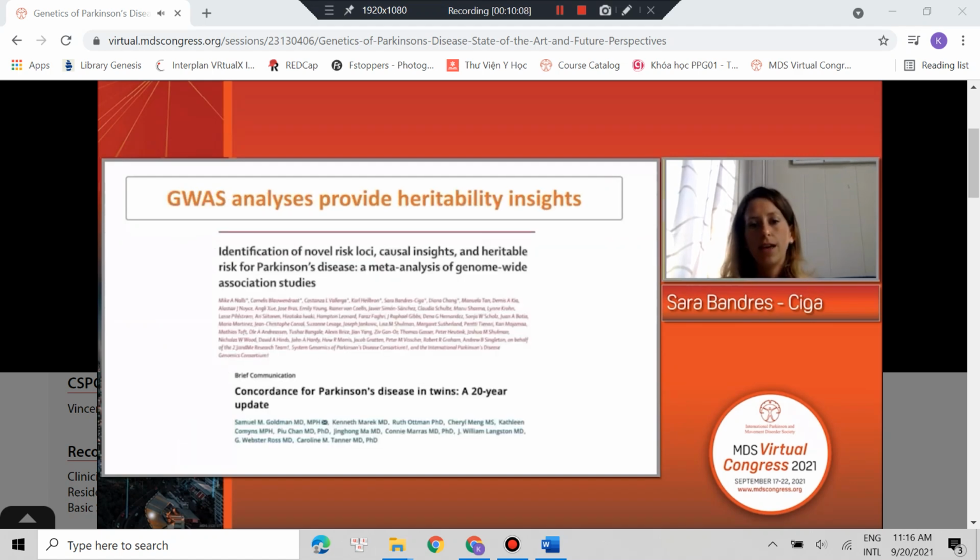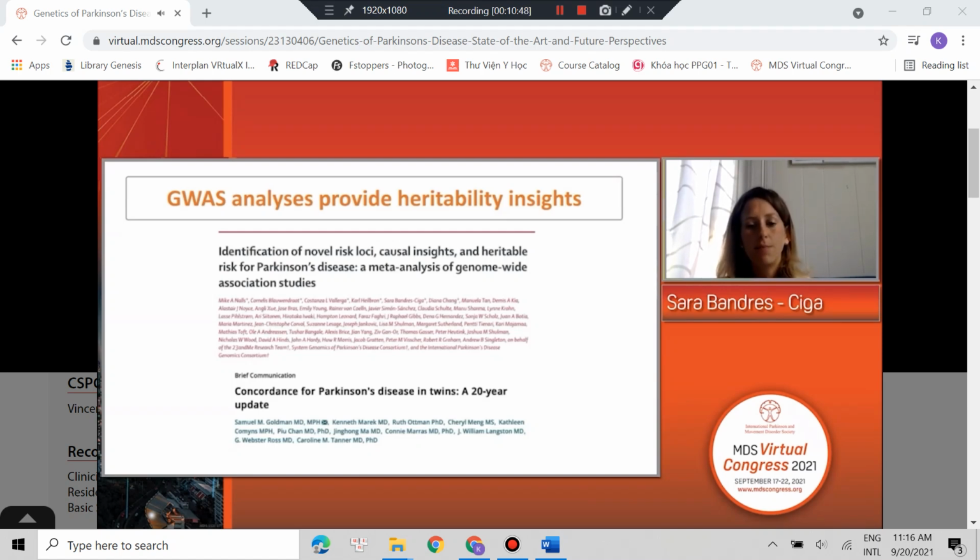And one of the curiosities to point out is what I show in this slide. Here you can see two studies. Above, we have the last GWAS meta-analysis that I just mentioned, and below, a follow-up epidemiological study of Parkinson's disease in twins, 20 years after the original study. In this second study, the authors had followed the twins for a further 20 years. And some of the twins who were discordant in the original study were not discordant in the latest study, and in those 20 years, they had developed disease.